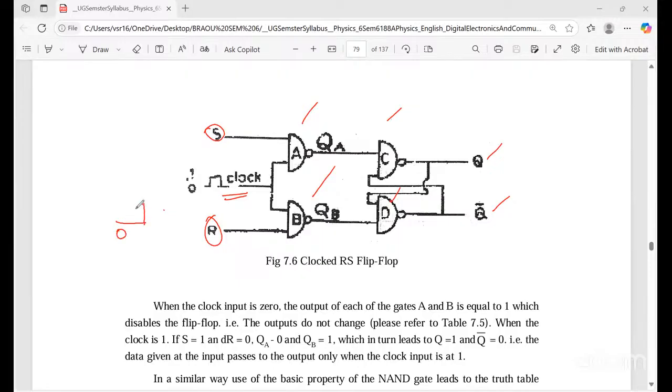This is 0, 1. 0 and 1. The clock has 0, 1, again 0, 1, 0, like that. So how you are giving the input is a clock, this is here. So in this case, when the clock input is 0, the output of each gate A and B is equal to